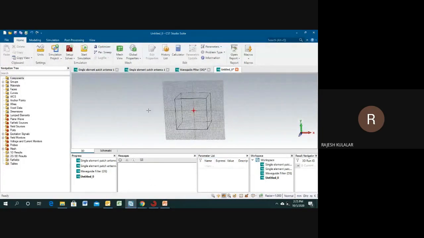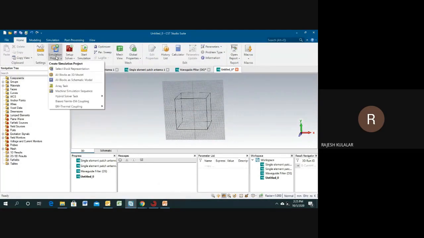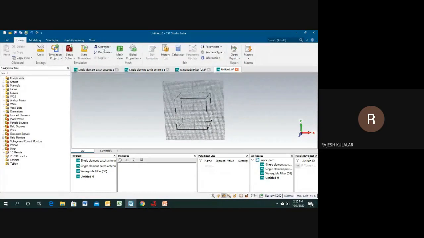So now in that I want to introduce something. This one is the simulation project, system assembly modeling. You can use all of these applications, like hybrid solver, transient time domain solvers. And if you want an optimizer using some algorithm like trust region framework or genetic algorithm or another optimizer, you can use the algorithms given inbuilt. And this one is for parametric. If you want to parameterize your variable, then you can use this interface.